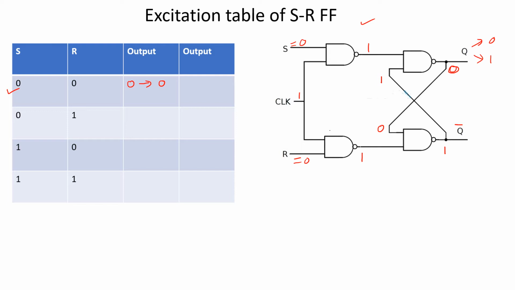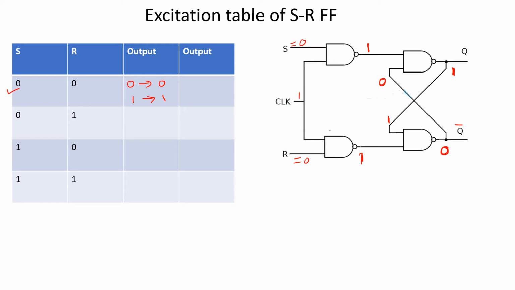Now suppose I assume 1, what happens to the circuit? Let us see. I quickly remove whatever values we have put here. Now see what I am doing. Suppose I assume 1 here. Now this is 1, this 1 comes here, 1 1 is 0, this 0 goes here, 1 0 becomes 1. Again this 1 goes back, 1 1 becomes 0, this 0 goes here, 0 1 becomes 1. That means I assumed 1 and I got 1.